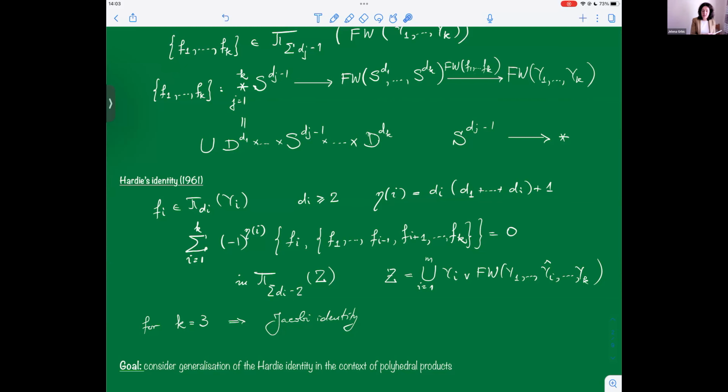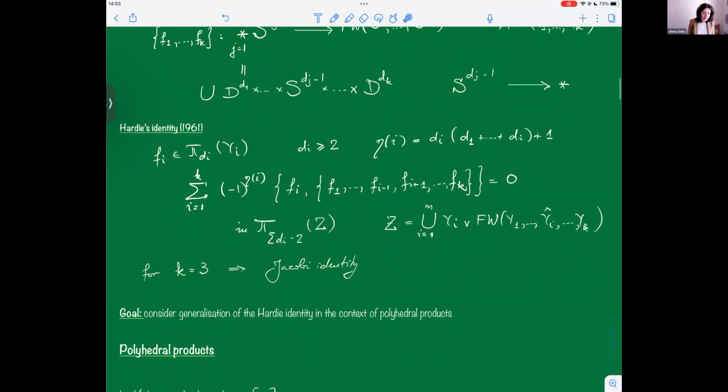And we are motivated by this Hardy's identity. So in other words, can we, in general, in homotopy theory, realize all the relations maybe coming from the Lie groups? So our goal for today is to